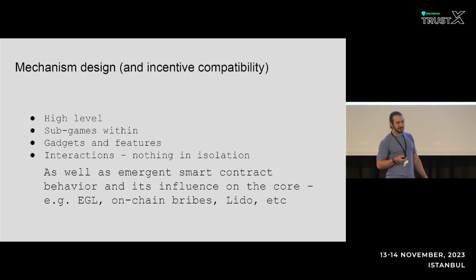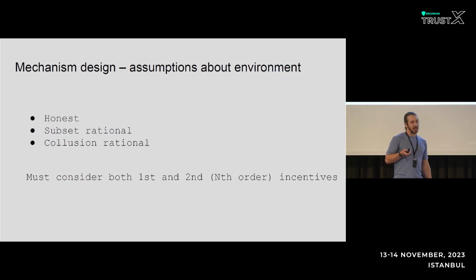And so I think there's probably reasonable equilibriums in mechanism design in Ethereum and these types of systems, but you never know what's going to be thrown at you next. And then there's a handful of things. I think the easy assumption is you have some set of actors are honest and some set are dishonest.